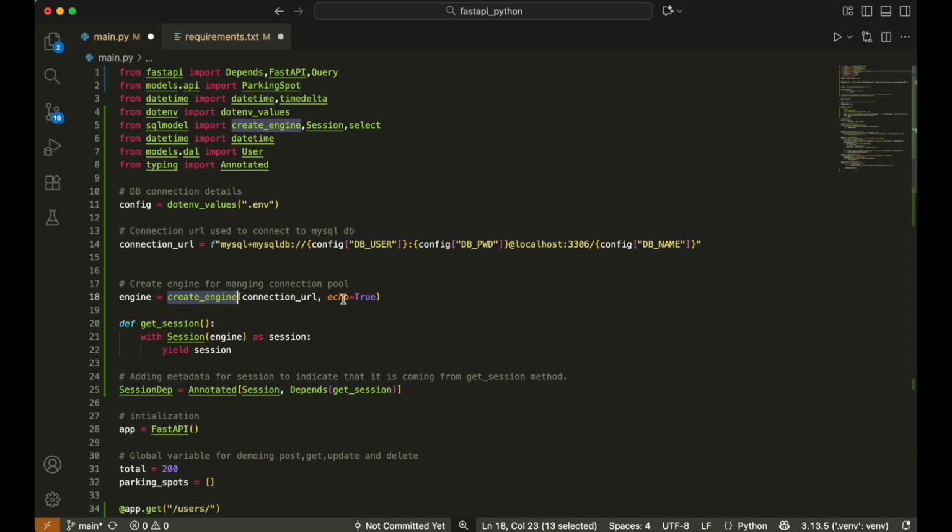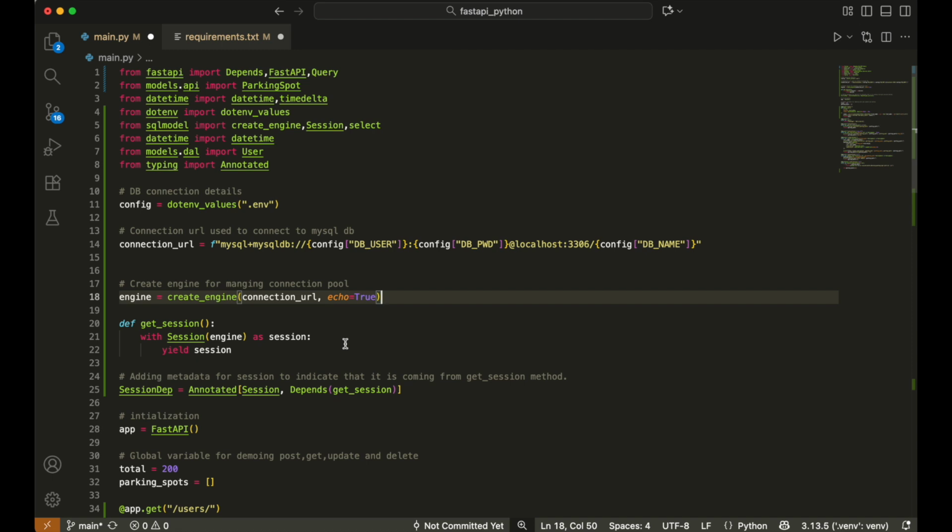And also I'm passing in echo equal to true parameter here because I want to print out all the SQL statements that I'm running for debug purposes. Sometimes we can add too much logging into the systems, and if it is a production DB, you may choose not to add this true statement, but for debugging purposes, it's a good idea to print your SQL statements and